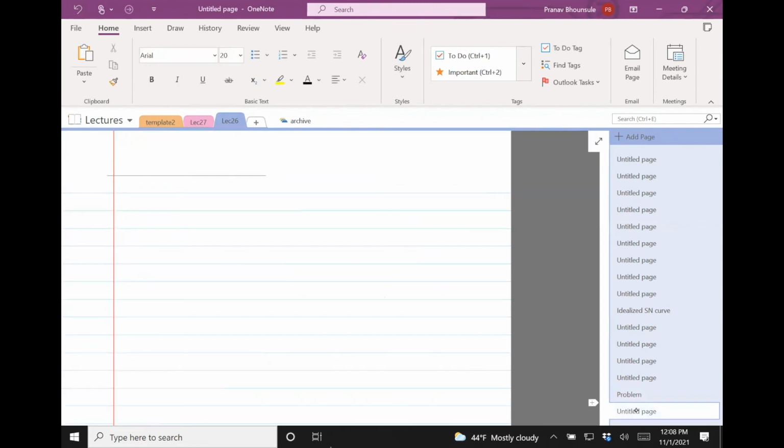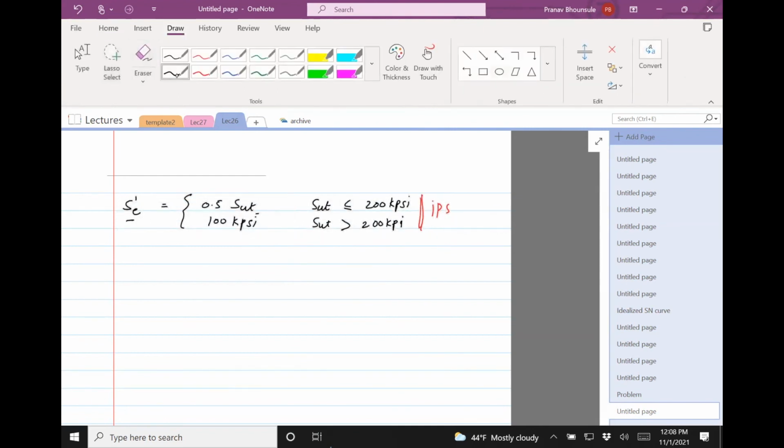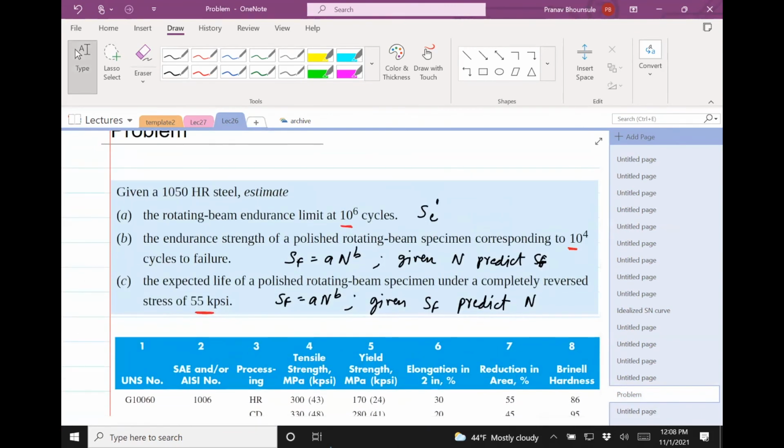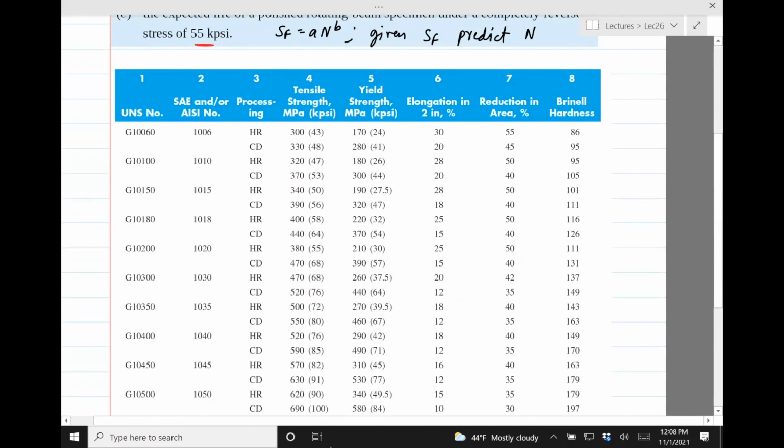Let's do it on a new page. So the question is, can we compute SE prime? Well, we need to know the ultimate strength, right? So how do we do it? Well, if we know the material, it's 1050 HR steel. There is a table in the book, which I copy pasted here, which tells us how to find the ultimate strength, because it's